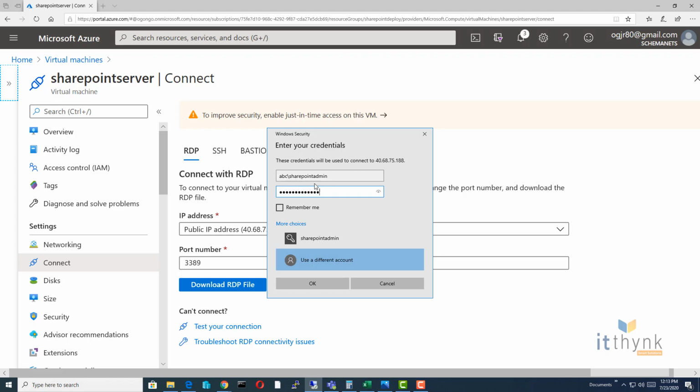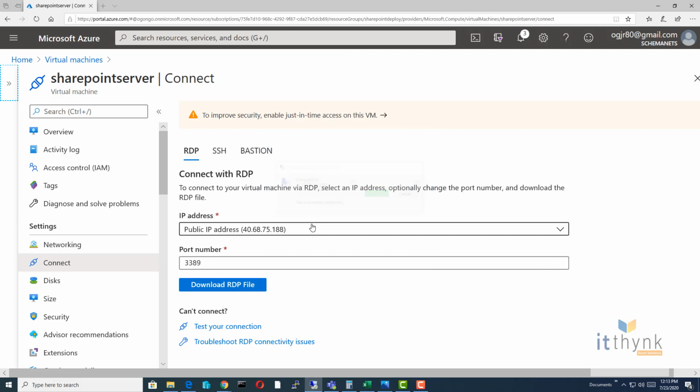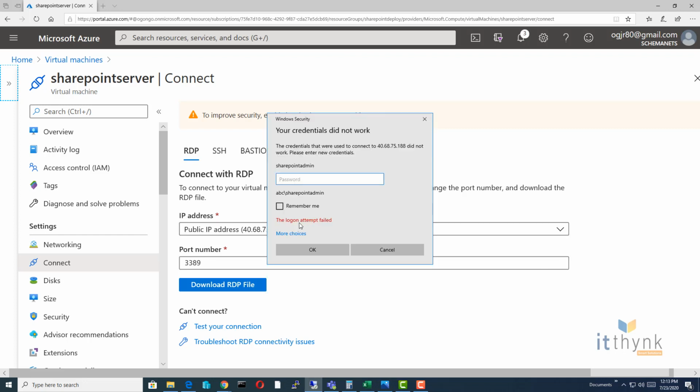So I will preface the username with ABC, which is the domain name. So when I click OK, I'm guaranteed that I'm logged into